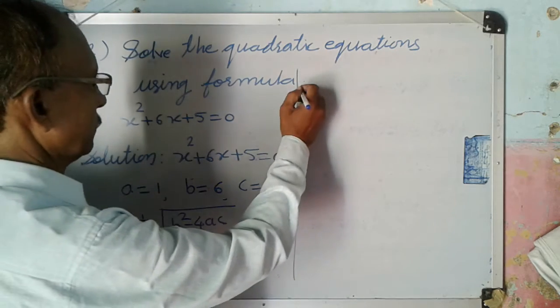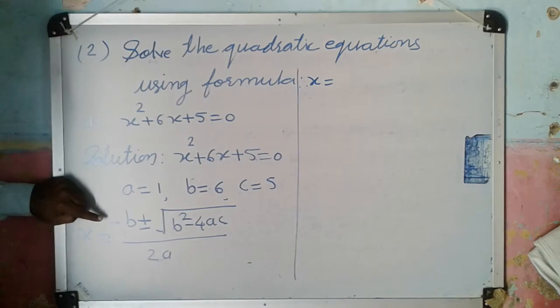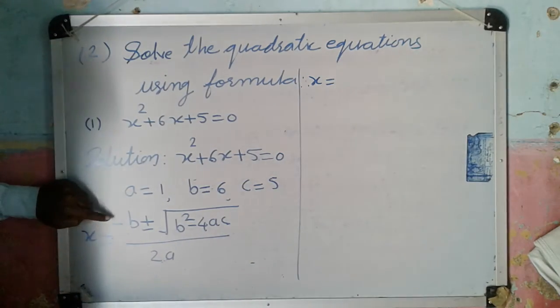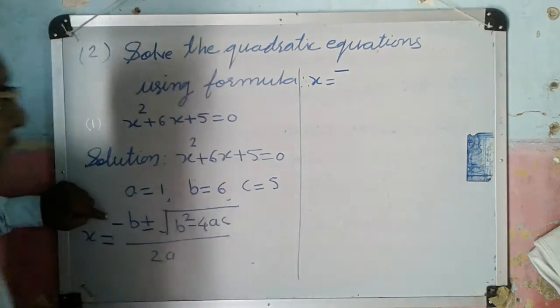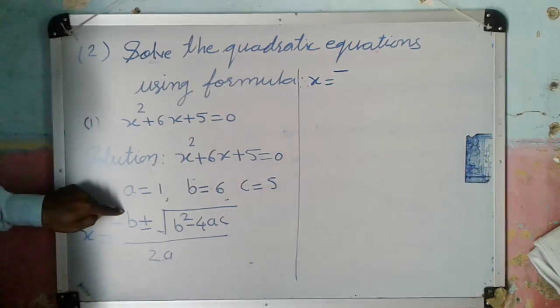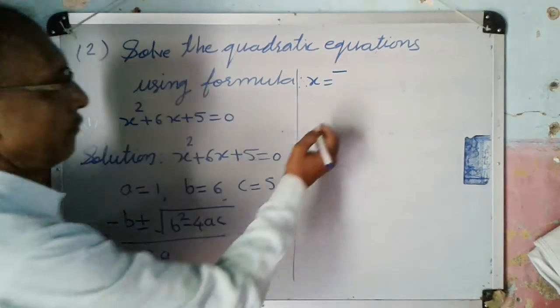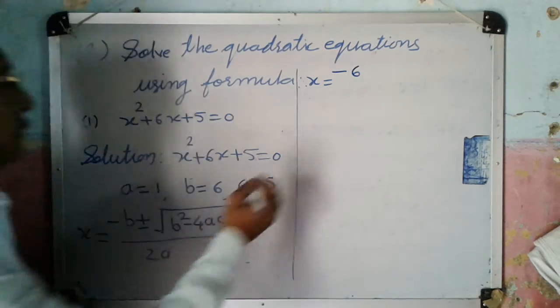So here we get, minus b as it is in the formula, minus. So first write the minus sign, then put the value of b here. So value of b is given 6, then plus or minus